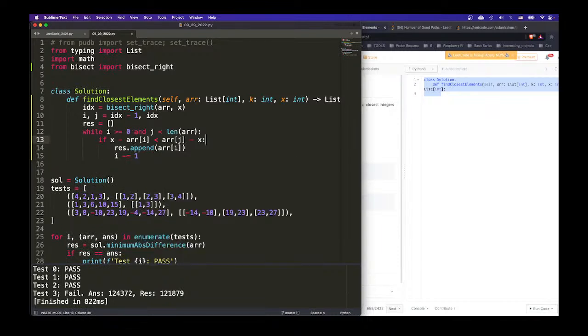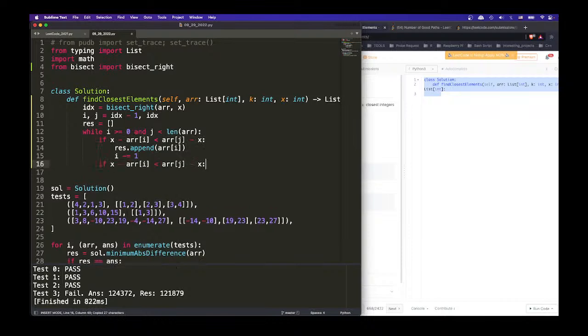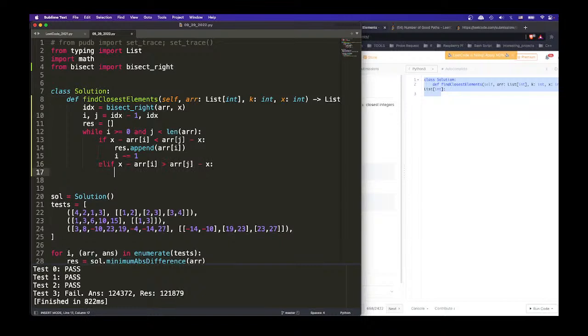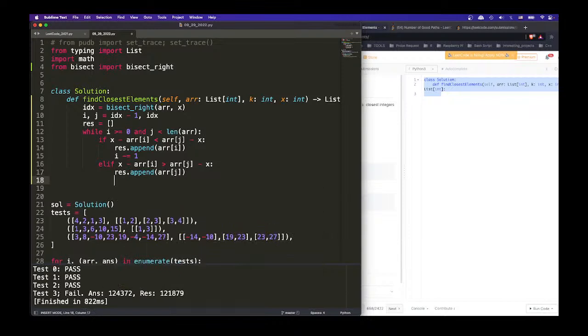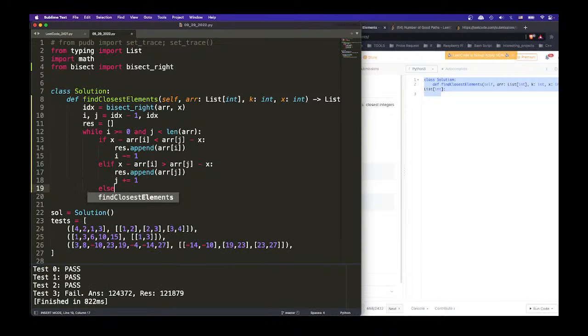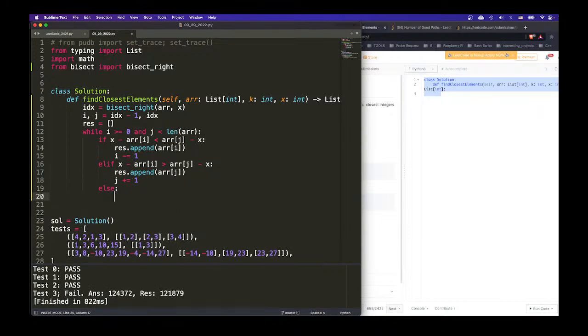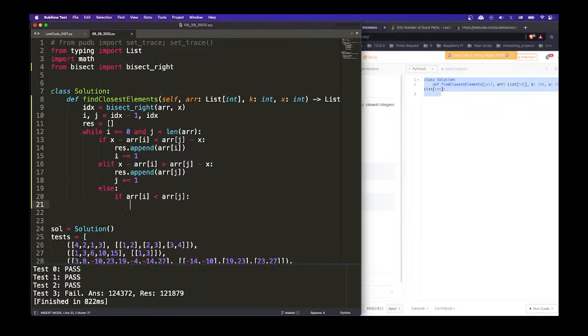And then elif this is larger than, right? And res.append array j, and j plus equal 1. Right? Else, if they're the same, then we say if array i is smaller than array j, right? Since they're the same distance, then we'll do,